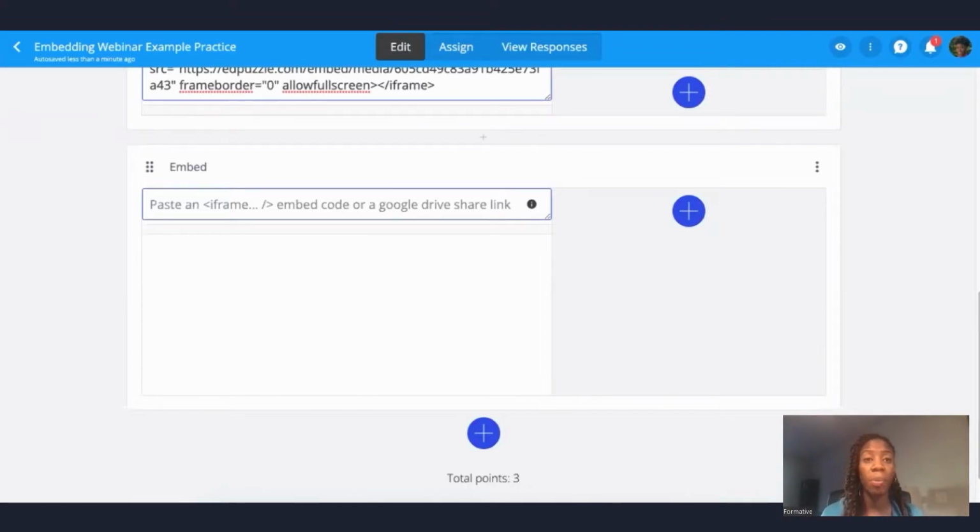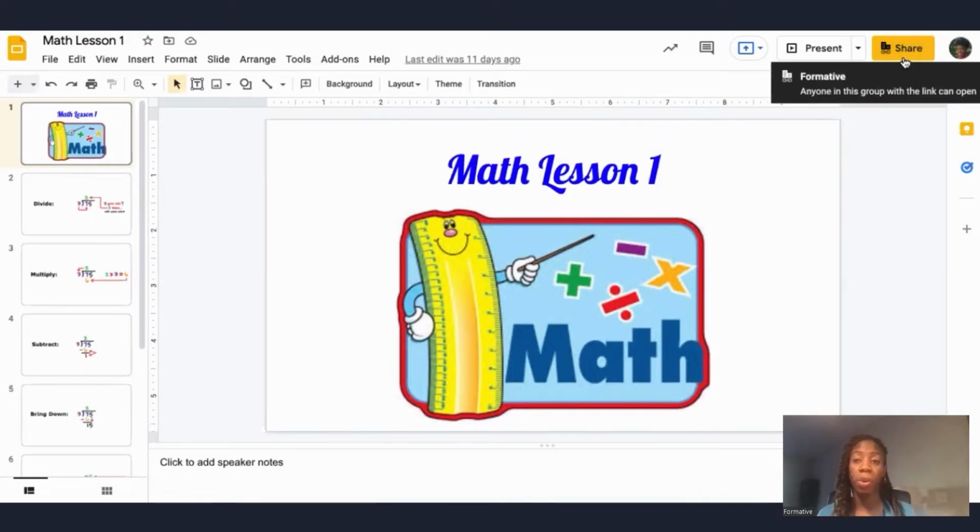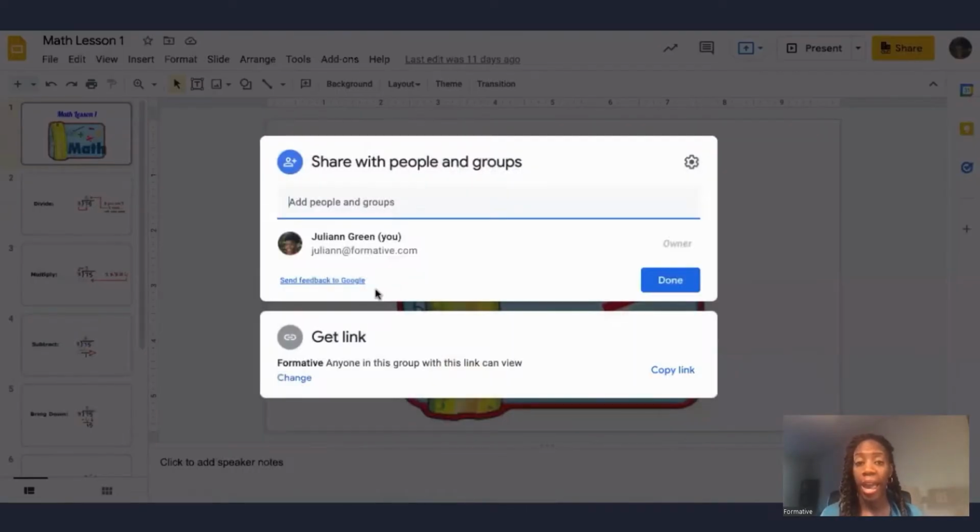So let's say, for example, I have my math lesson. I want to go ahead and share this with my students. I'm going to go ahead over to my Google Drive, select share, and always make sure that this option is able to share to the students that you're looking to share with. If it's only set up to share with you or maybe your colleagues, make sure that that link is able to be viewed by the students or the class that you want it to be viewed by. Otherwise, when students select that link, they will be restricted from viewing that. So I'm going to go ahead, as this says right here, share with anyone, and I'm going to select copy link,